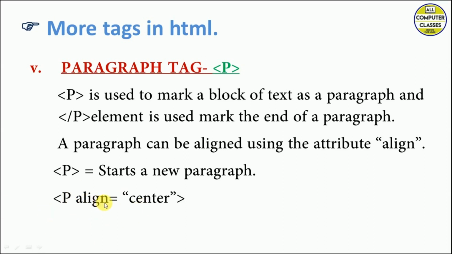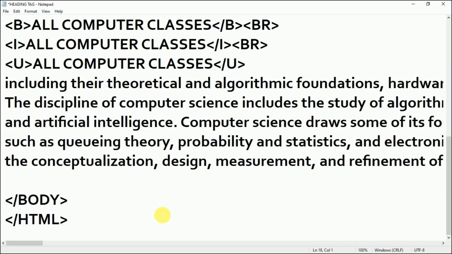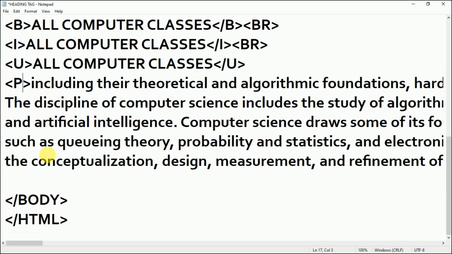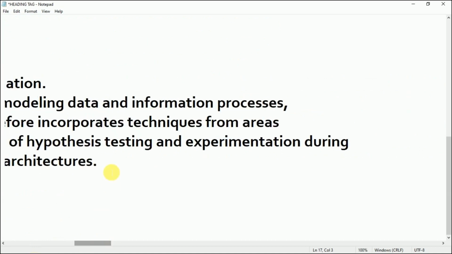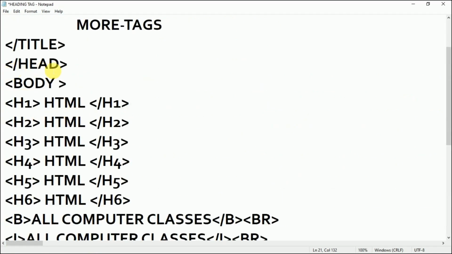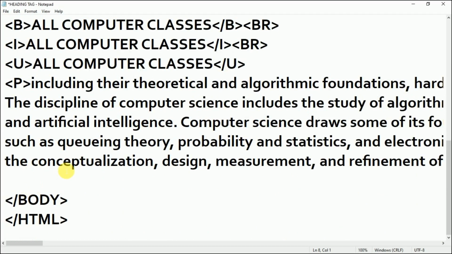So let's see how this works. Let's say I have this paragraph. It's not appearing as a paragraph right now. Let's make it a paragraph by giving a P tag in the beginning, and a closing P tag, that is the paragraph tag. It indicates the end of the paragraph. Whatever I am doing, I am doing within the body tag. Whatever you want to do, you will do after the opening body tag and before the closing body tag, right? Now I'll press Ctrl S.